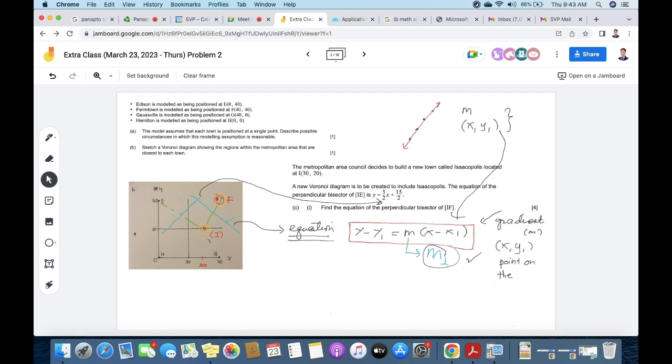In other words, we have to focus on the perpendicular bisector. This one, focus on this. We need to find the slope of this, which is possible by referring to the slope of IF. And we have to find a point lying on this line. If you try to look at it, it's difficult to find a point on this line other than this point here. Because this one, the intersection between the green and the blue one,